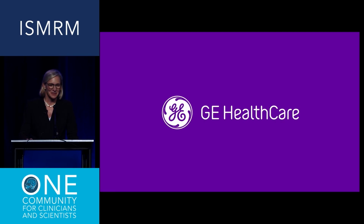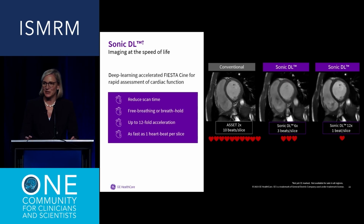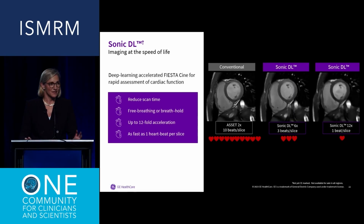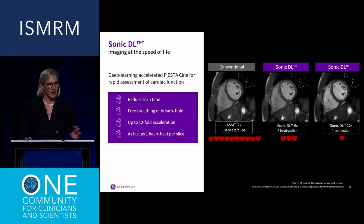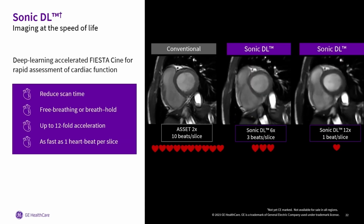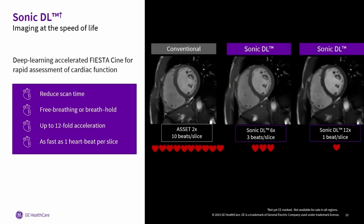So we're proud to introduce Sonic DL. This is newly FDA-cleared technology and is a new deep learning accelerated solution for rapid cardiac imaging, which offers reduced scan time with up to 12-fold acceleration for imaging in as fast as 1 heartbeat. Compare that to conventional parallel imaging with 2 times acceleration at 10 beats per slice. With Sonic DL, we can reduce that to 3 beats per slice or even 1 beat per slice with excellent